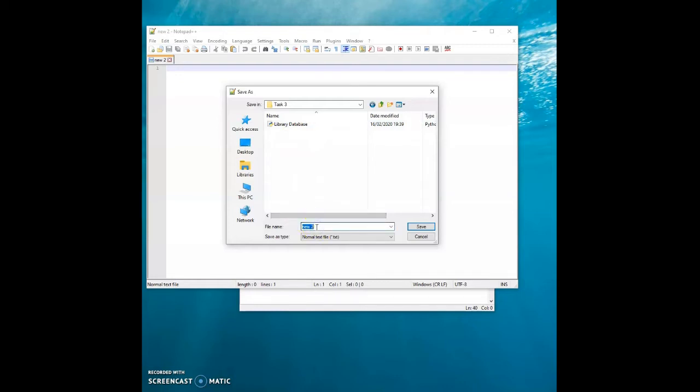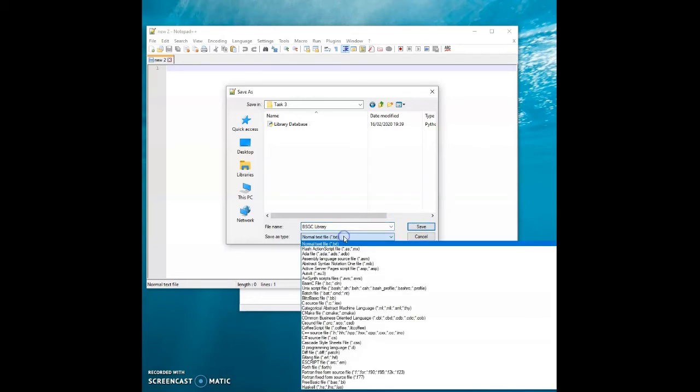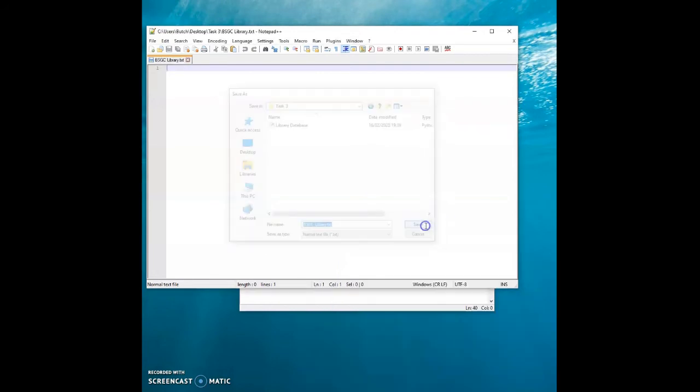So I'm going to call this new entry. Actually, yeah, BSGC library. Now you have to be careful with the capital letters and stuff like that, okay? So it might be a good idea for you to save it as all in small caps, possibly. And I want it saved as a text file. So you can see it's txt. And save it, there we go. Okay, so